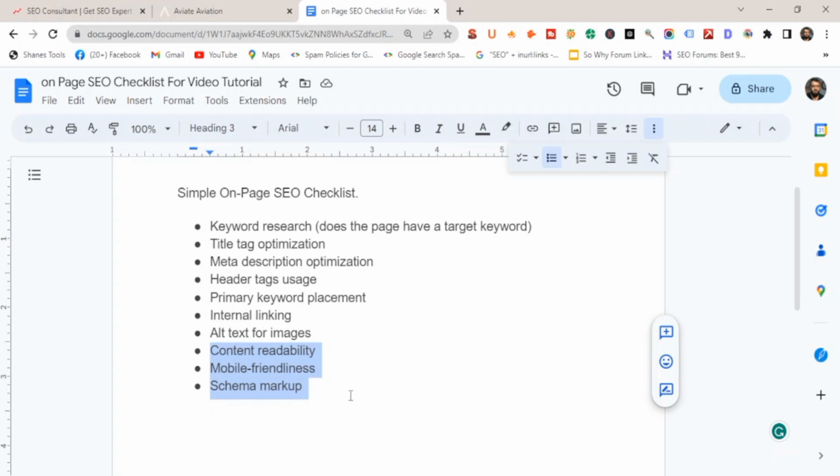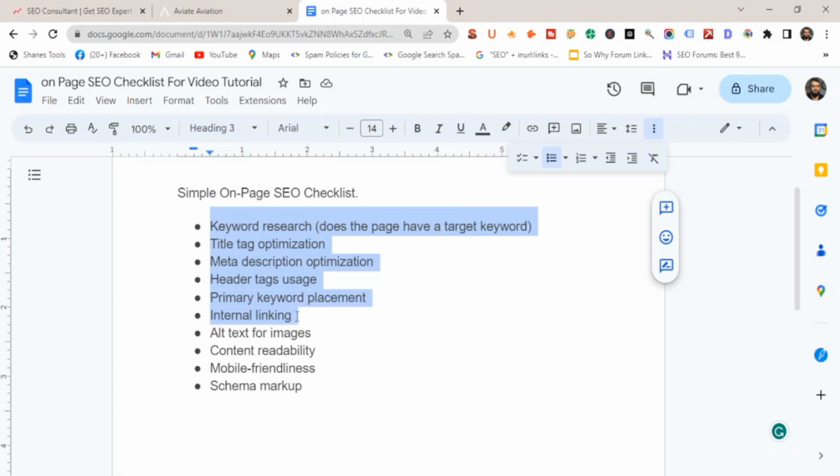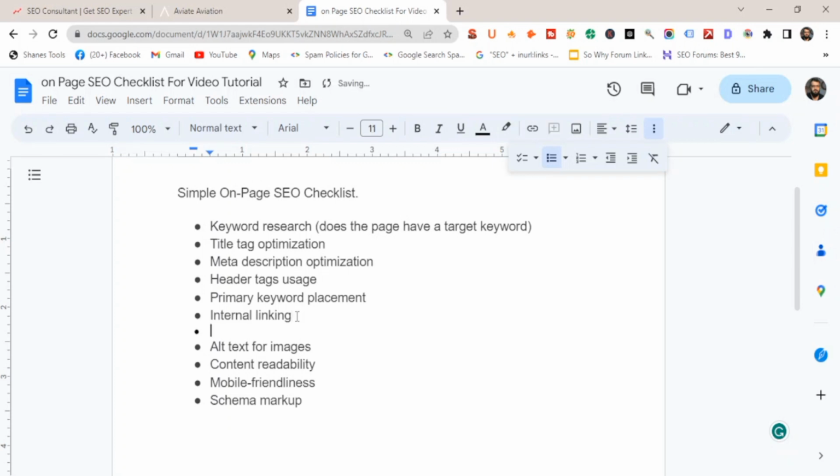And the last three things are some technical things, right? I mean, for this you need to have some kind of technical knowledge, but I'm not saying that you need to be an expert tech-savvy. You can actually use plugins on WordPress in order to check the content readability, the mobile friendliness, and the schema markup, but these are not necessary at the moment. The points I have highlighted over here are more than enough, but I have just neglected one point, and that is